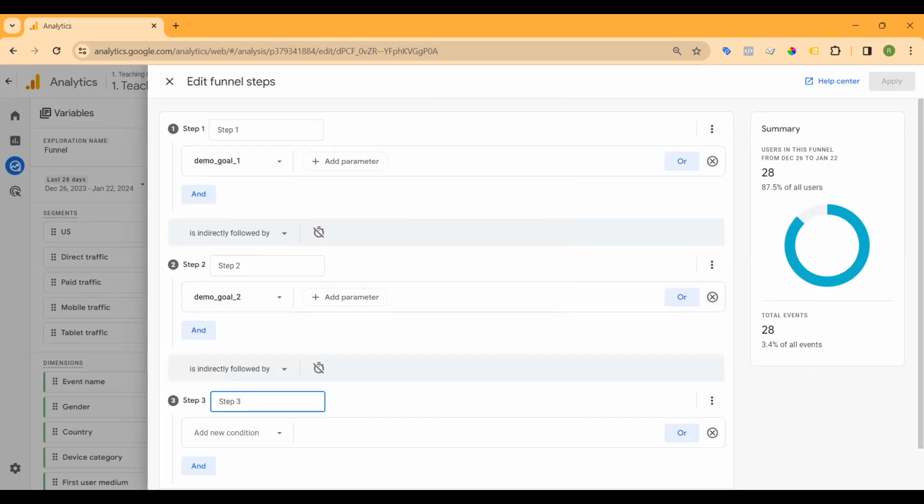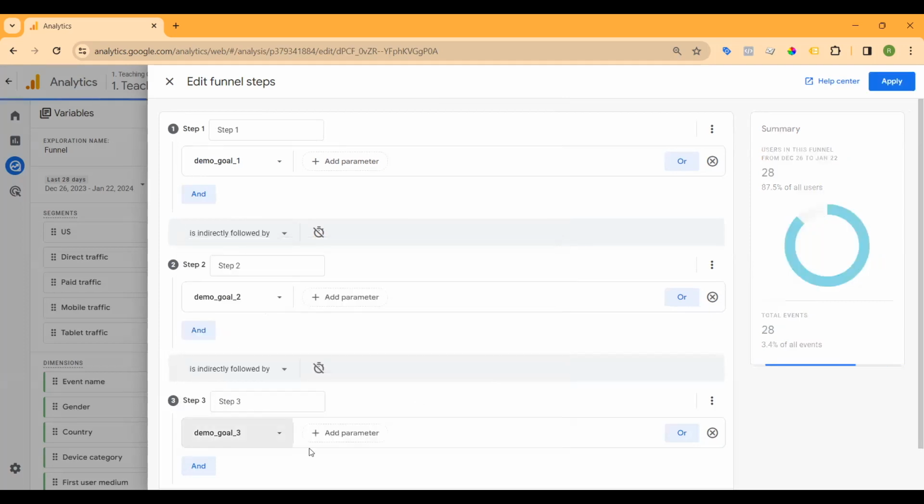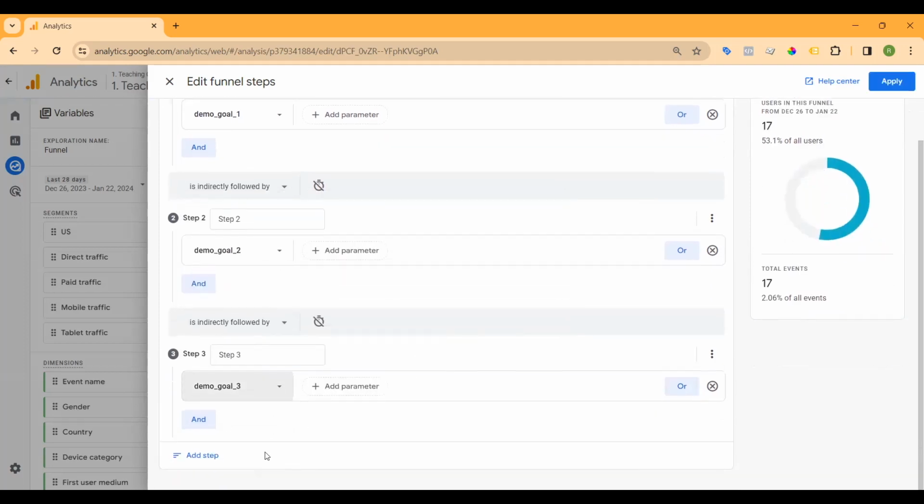This will be step 3. And we're going to add another event. And you guessed it, it's going to be demo goal 3. And then we're going to add the last step,